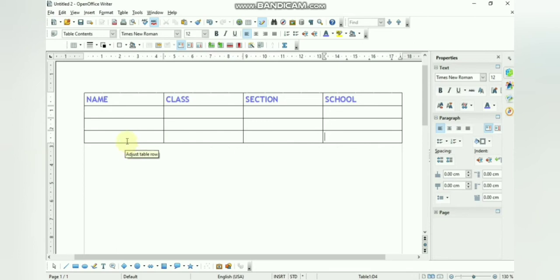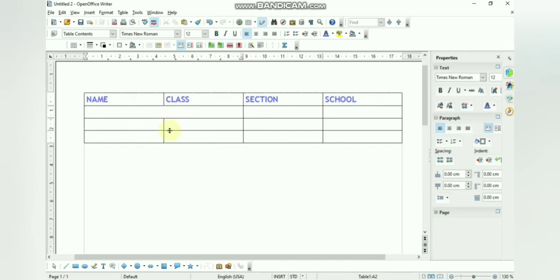Okay, merging and splitting. So as we know that merging refers to combining of two or more table cells into one. Say for example you want to merge these two cells. What you can do is you have to select the cells. Okay, and then what you have to do is on the table toolbar, this is the table toolbar. As you insert a new table, this toolbar will automatically appear on the ribbon, and from there you have to click on merge cells. Okay, this is the merge cells option over here. So click on merge cells. You will see two cells have been merged into one.